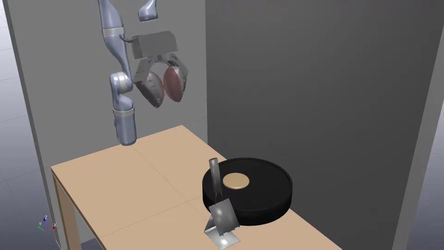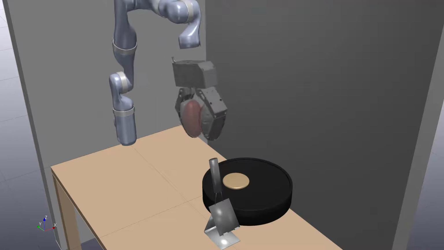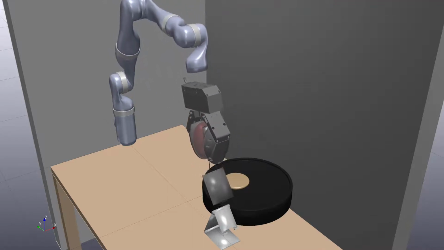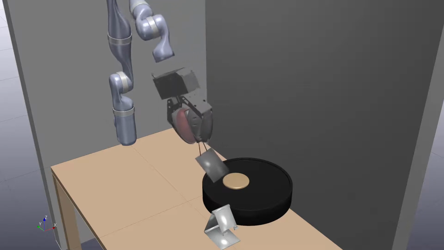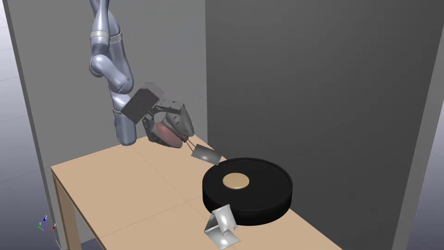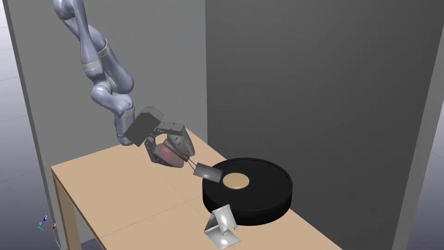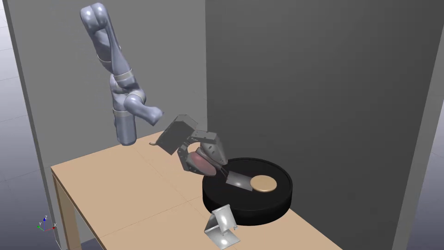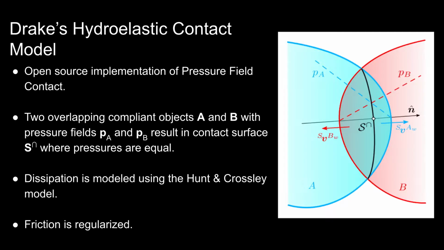We introduce a discrete approximation of the pressure field contact model suitable for use with velocity level time steppers. We demonstrate that this approximation still captures the rich contact interactions provided by pressure field contact, including area-dependent phenomena, while maintaining real-time performance rates. The hydroelastic contact model introduces a virtual pressure field on a compliant body, mimicking the hydrostatic